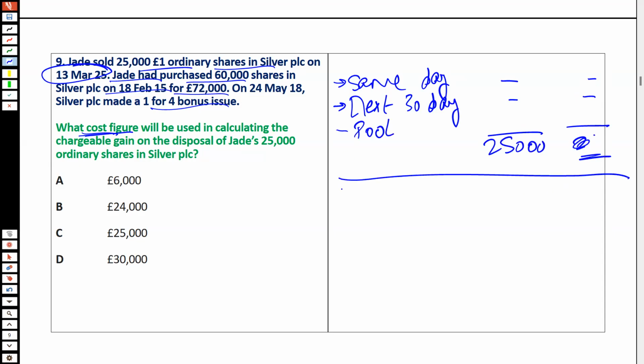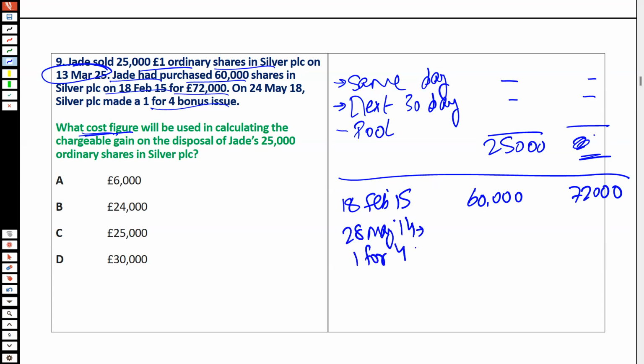So from the pool, on 18th Feb 15, purchased 60,000 shares for amount of 72,000. Then 28th May 2014, 144 bonus issue. So for bonus issue, the cost is nil. As a result, the total number of shares amount